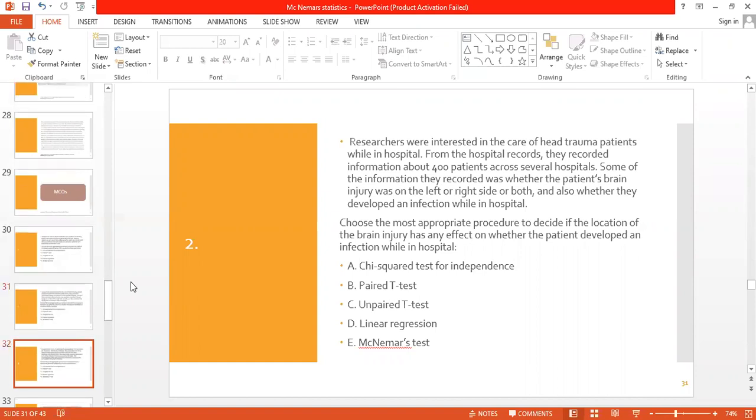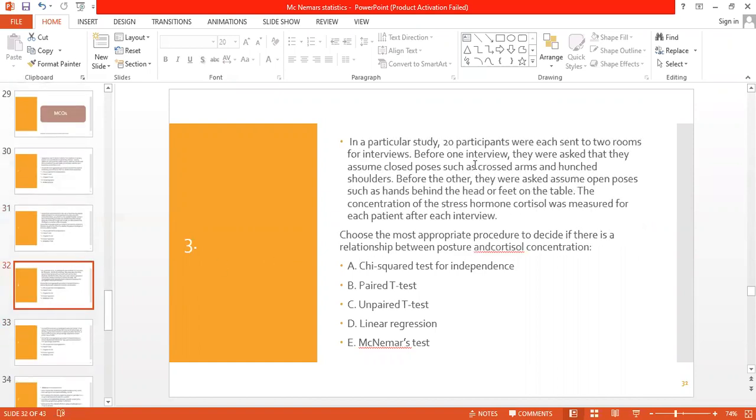regression, paired, or unpaired. In a particular study, 20 participants were each sent to 2 rooms for interview. Before one interview, they were asked to assume closed poses such as crossed arms and hunched shoulders. Before the other, they were asked to assume open poses such as hands behind the head or feet on the table. The concentration of the stress hormone cortisol was measured for each patient after each interview. Choose the most appropriate procedure to decide if there is a relationship between posture and cortisol